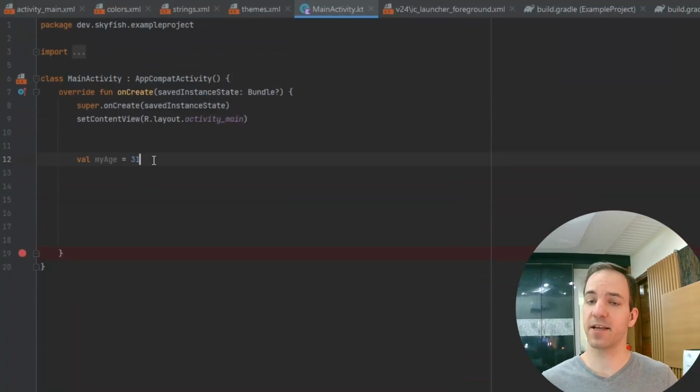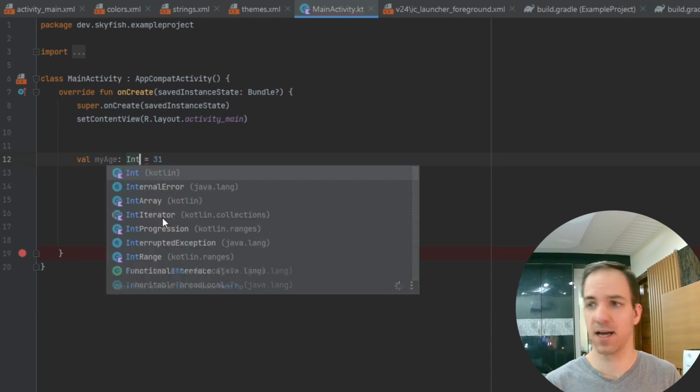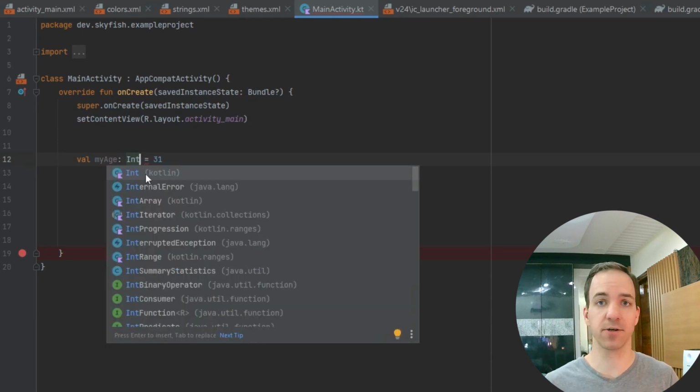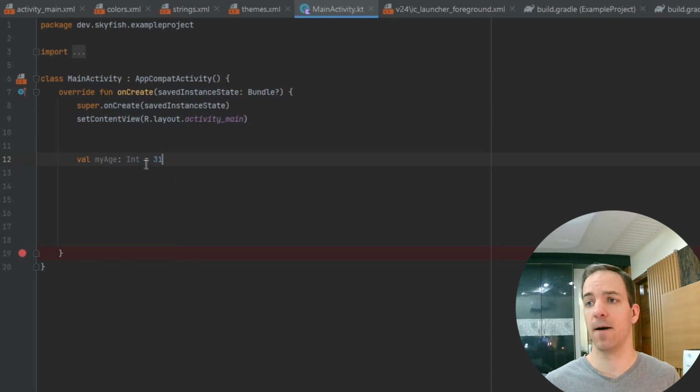So Kotlin has something called type inference, which means if I don't specify what type this is, then it's going to default to your default number type, which is going to be an int. And the way you can specify is you can put a colon after your variable and then type int, and you'll see down here the IDE will give you a list of things that it thinks you're trying to type. So int is what I want, Kotlin, and that stands for integer. But the integer range is way bigger than we need just to store my age. So what you can do instead is you can just do byte. So if I do it like that, it's going to store that in a byte, and it's going to take